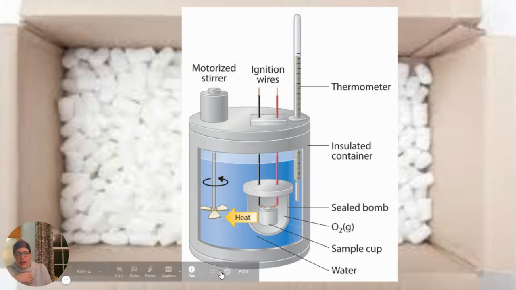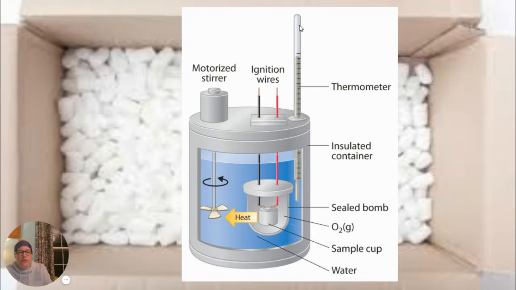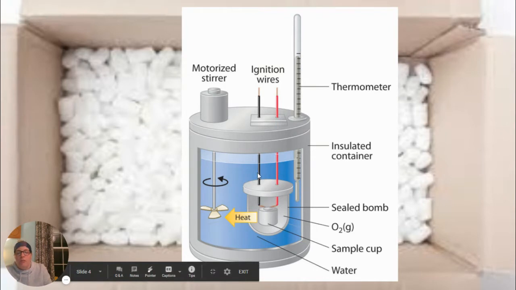So what happens is they have an insulated container that's a little fancier than your styrofoam, and then they fill it with water, and they have a stirrer to keep the water moving around in there, just like we had in our previous setup. And then there's a thermometer to measure the energy change for the water. But then in a bomb calorimeter, what they will do is they will usually combust a small sample of food in there,